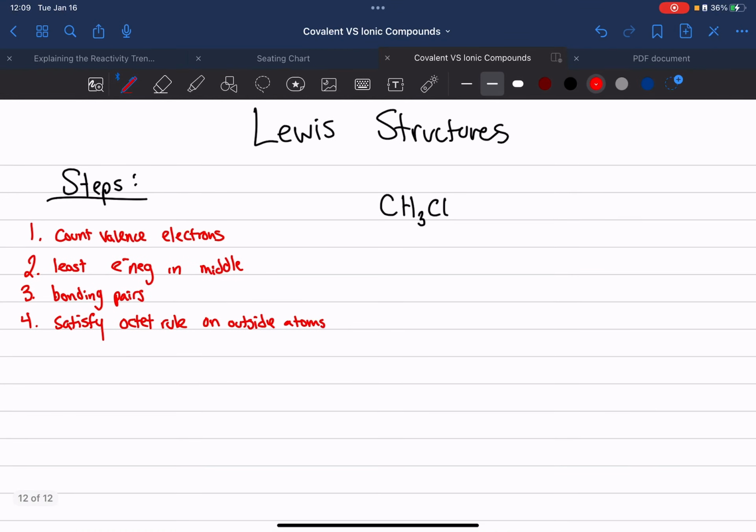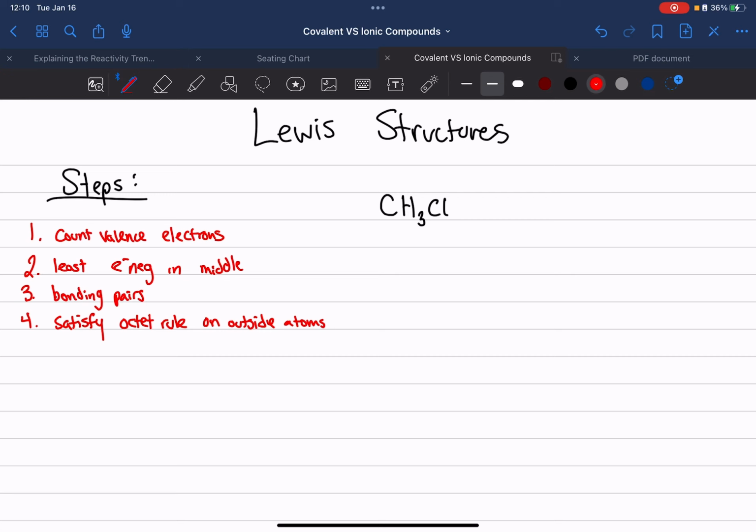All right, if you need the first day of Lewis structures practice or notes, if you were absent on Tuesday the 16th, this is for you. Or if you just need a recap of what we did in class that day. Lewis structures, remember, that's when we draw out what the molecules look like and how the atoms are sharing electrons